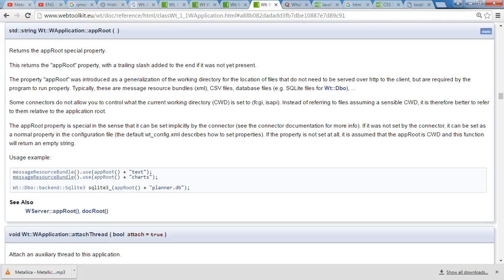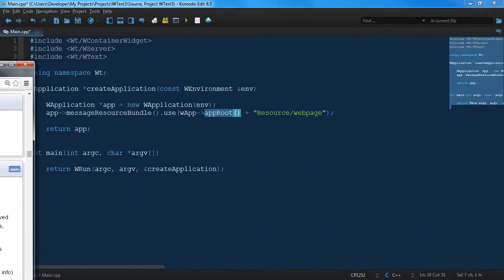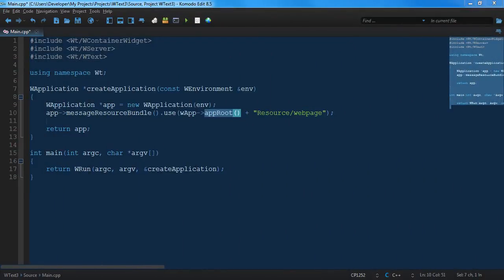And as you can see from the examples, the message resources uses the application root. And then these are the names of the actual files. That could be text.xml, source.xml. That could be a database file. In our case, this is going to be an XML file. And at least for XML files, you don't have to use the .xml. This is the resource folder, /webpage.xml, and you just keep the .xml extension off of the name. And then once we do that,